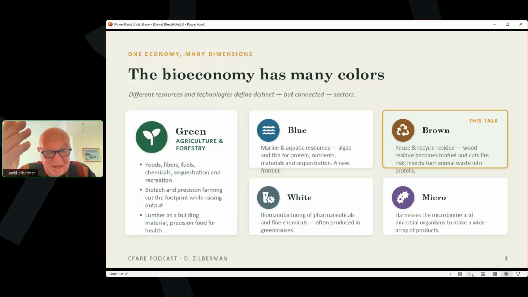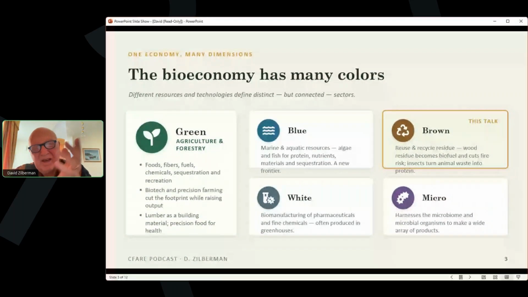A key element in this green bioeconomy, in addition to agriculture as food, is the future use of lumber as a building material, not only for small residences, but for high rises. By using lumber, we can move away from using steel and cement and move to a more sustainable system, and